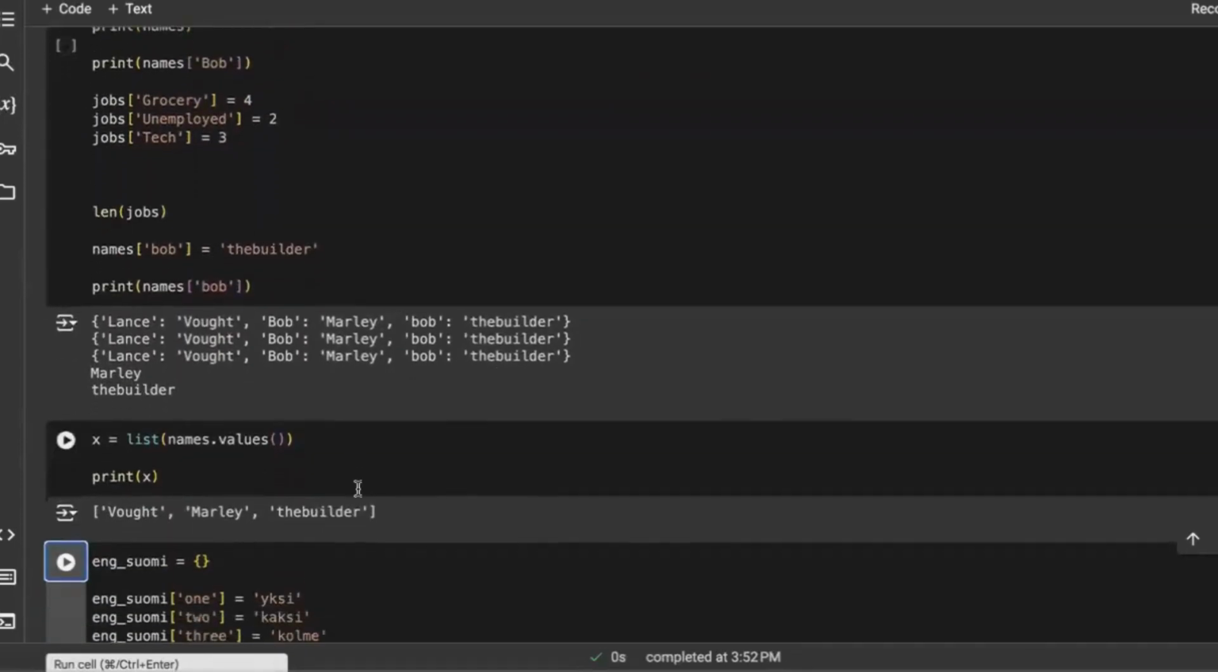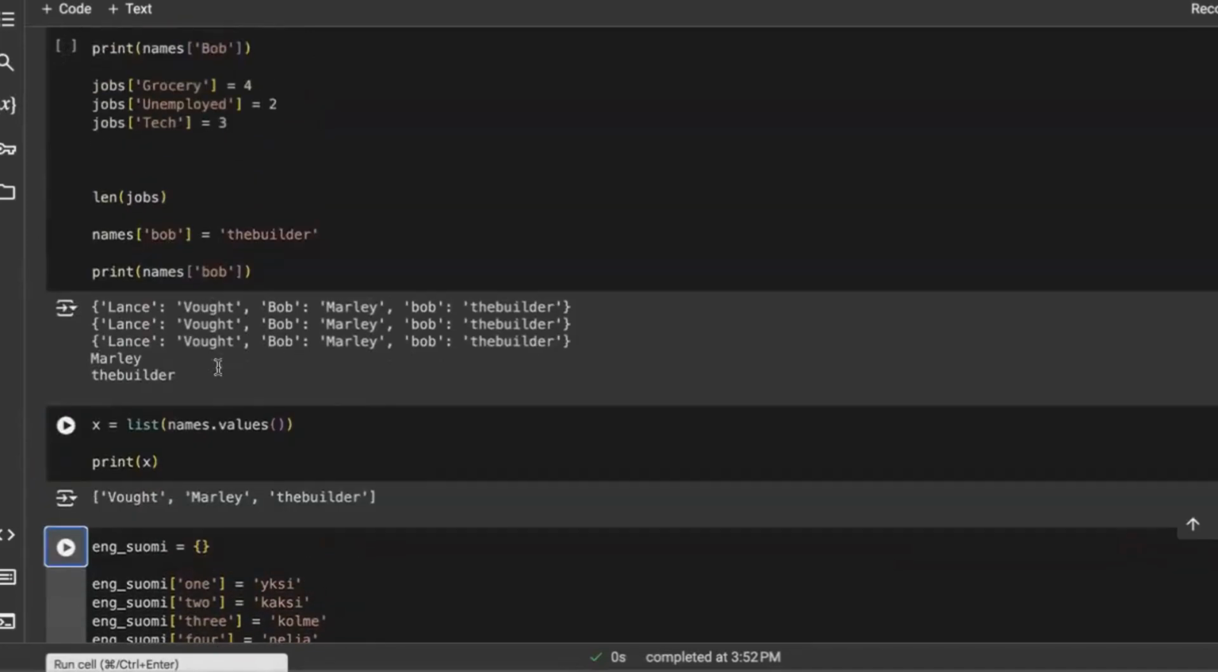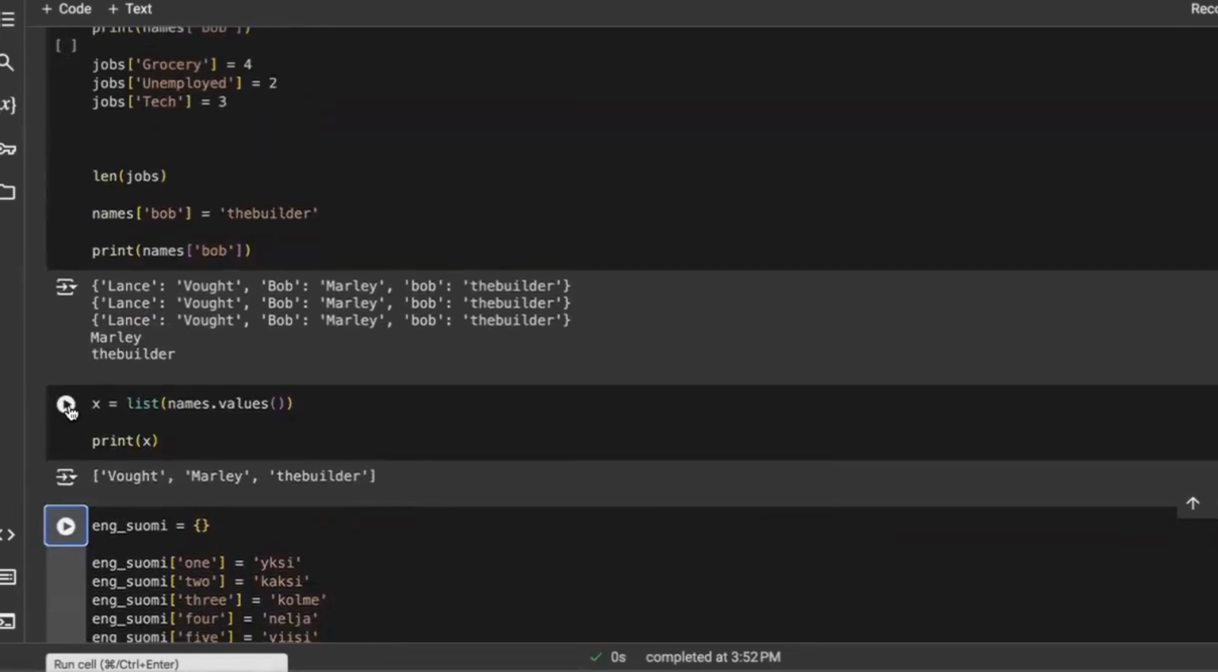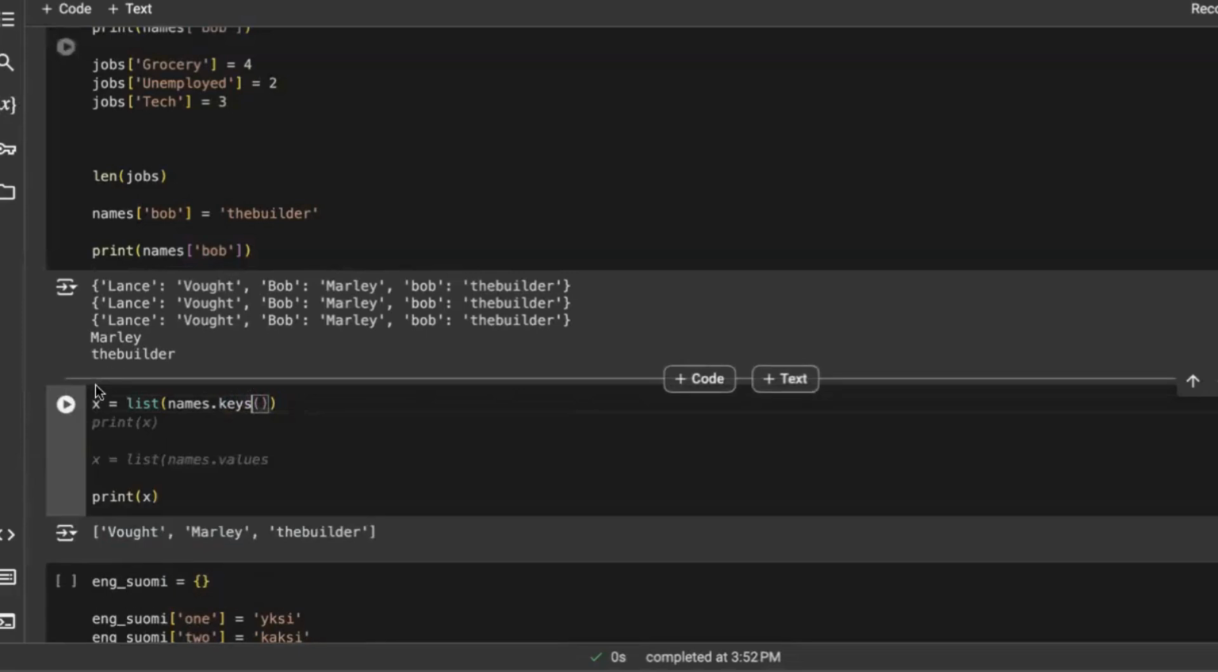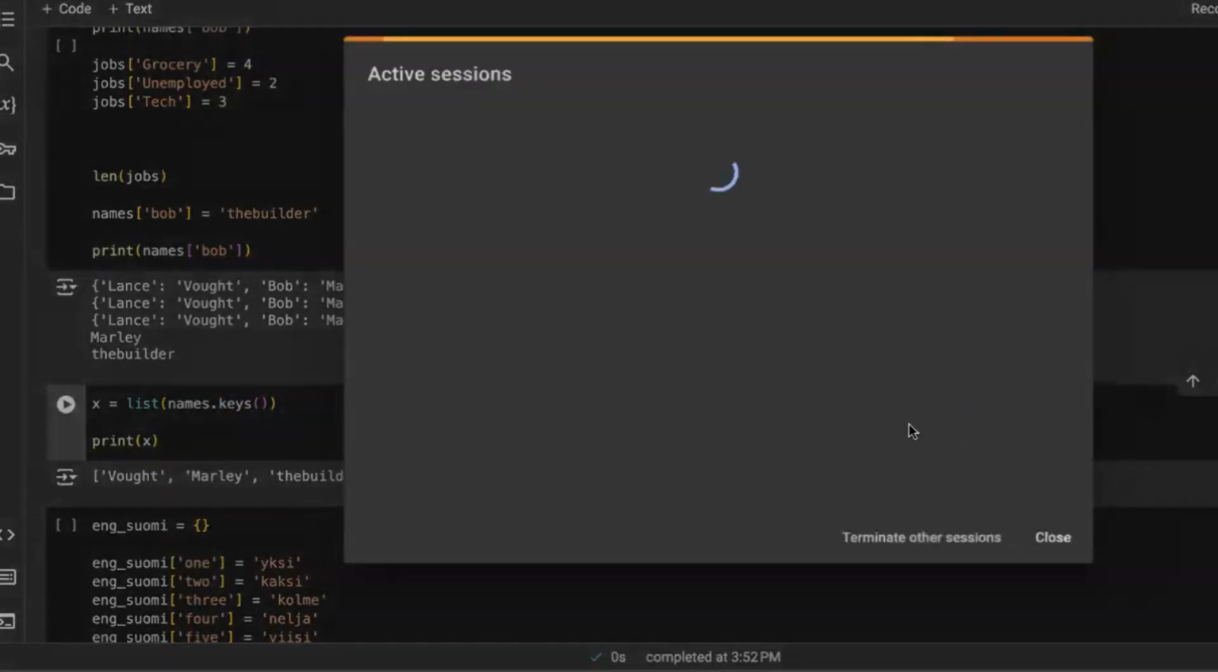So one thing I wanted to introduce to you is that you have the ability to pull out and create a list from things within your dictionary, which is kind of nice. If you define a list and put names.values in the parentheses, similar to what you do with an input or a dictionary, you can create a list of all of the values within it. You can also do the same thing with keys. You can do names.keys, and then it'll actually